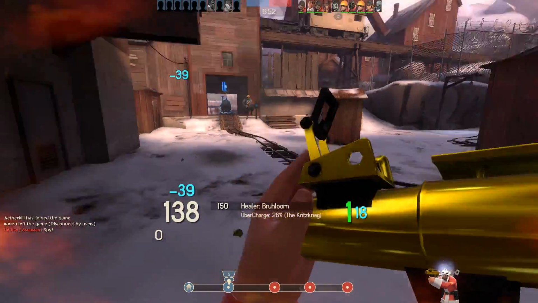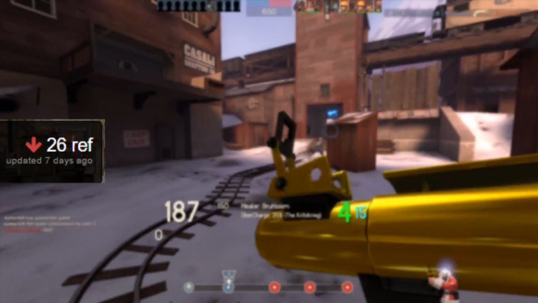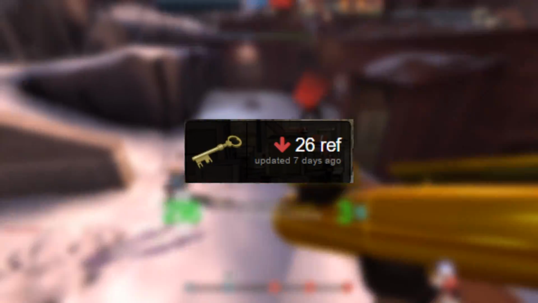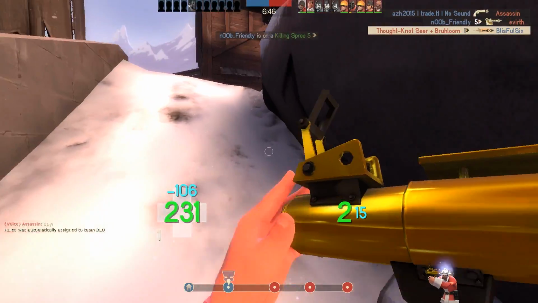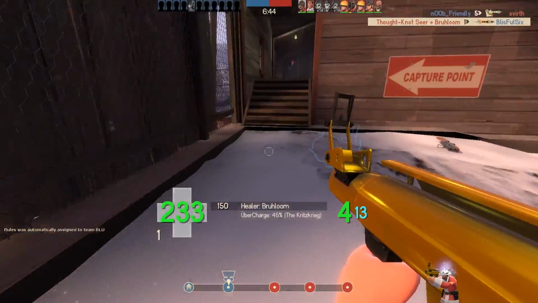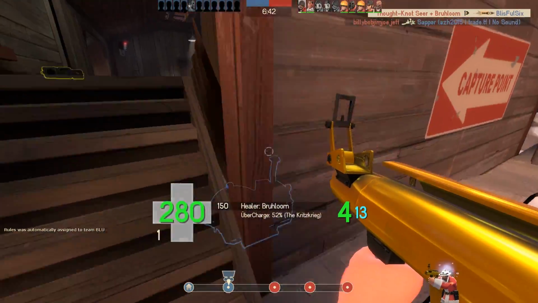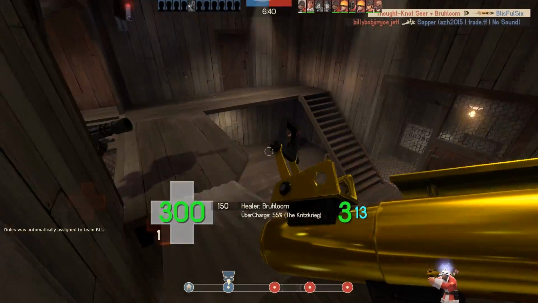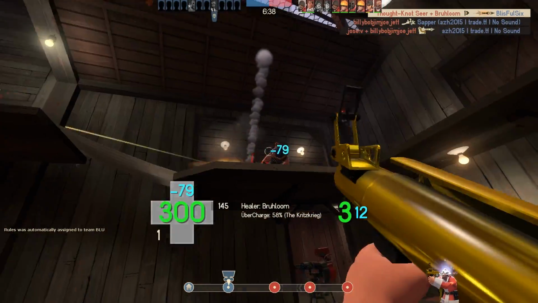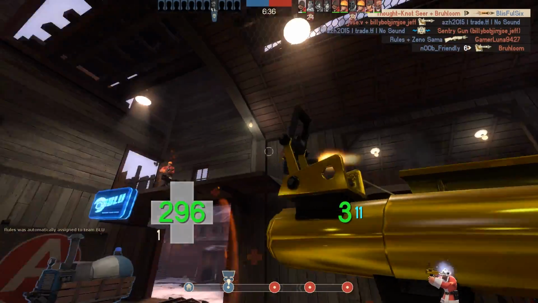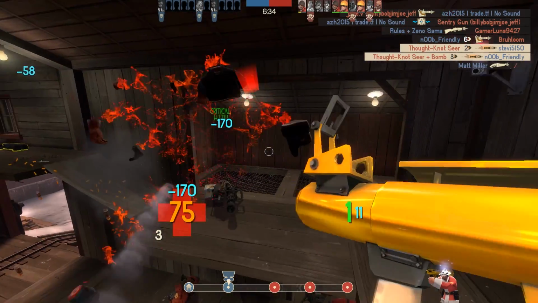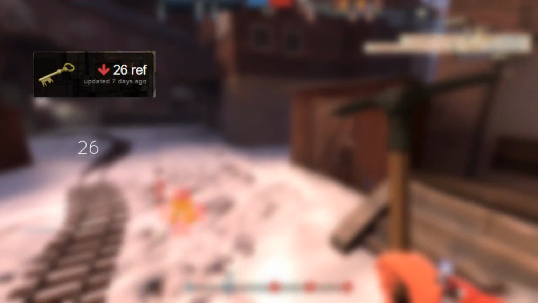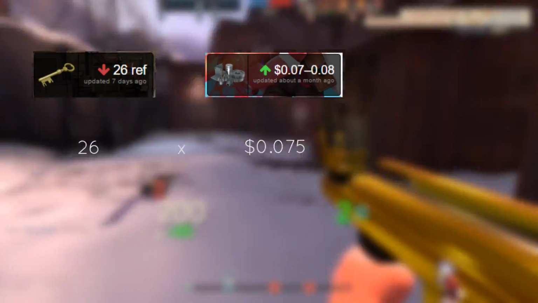Let me explain why. Right now, let's assume keys are worth 26 refined. I know keys are not worth this much at the time of uploading this video, but since keys have been recently fluctuating around this value, I think it is easier if we just round to a whole number. Anyway, like I was saying before, Backpack.tf prices items based on the amount of refined metal that they are worth. Thus, it will tell me that a key is worth 26 times 0.075, or wait,